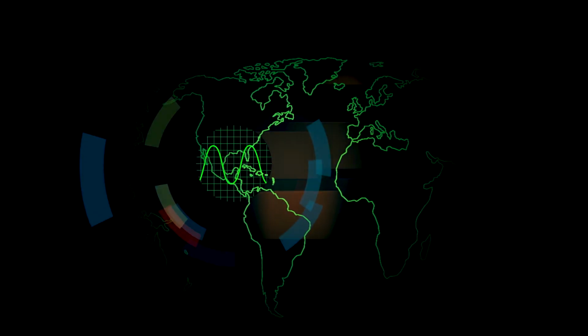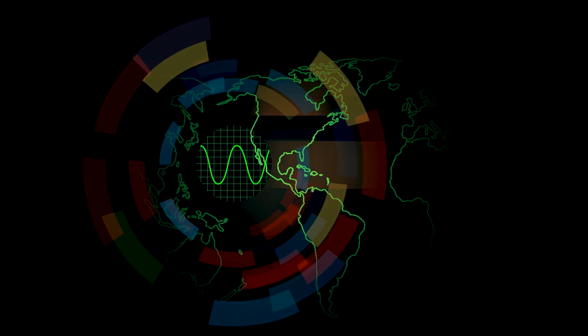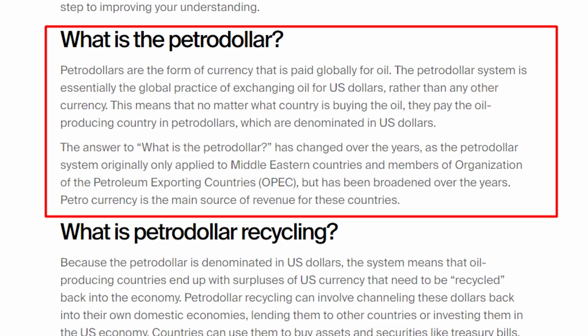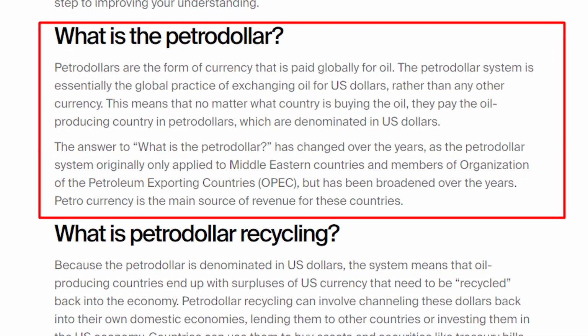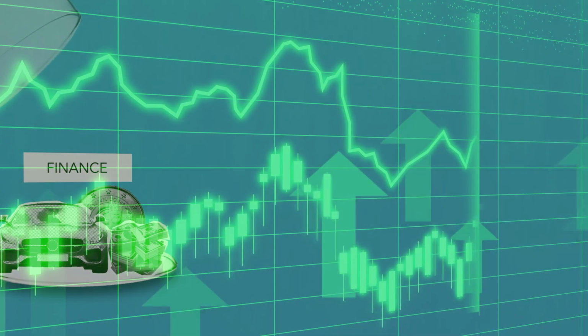Today we're diving deep into a topic that's shaking up the global economy, the Petrodollar Agreement and its recent unraveling. How has this agreement shaped the world's economy, and why has Saudi Arabia decided to end it? Stick around as we explore the impact of these changes on the future of global finance and what it means